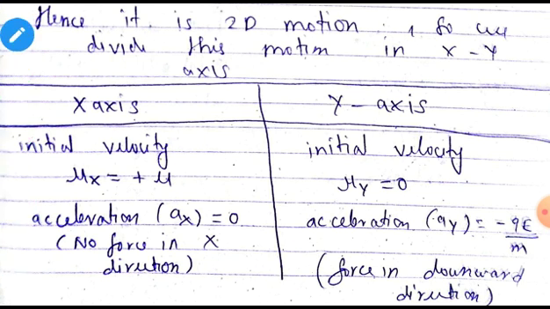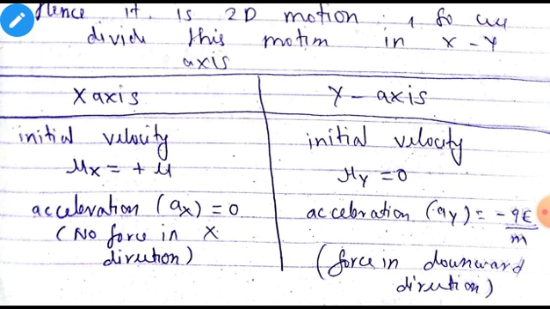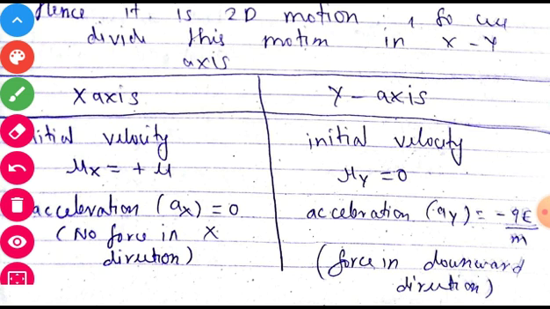So clearly we can see that the initial velocity in x direction is plus u. Why is it so? Because we have given the particle velocity in the x direction. So we have given the velocity u and it is in the x direction. It is not in y, it is not at some angle theta. It is totally in x direction, this initial velocity. That's why this ux is plus u. Plus here represents it is in the positive x-axis direction. Okay. Now initial velocity in the y direction is 0. Clearly there is no component of the velocity in the y direction. The complete velocity is in the x direction. That's why uy is 0.